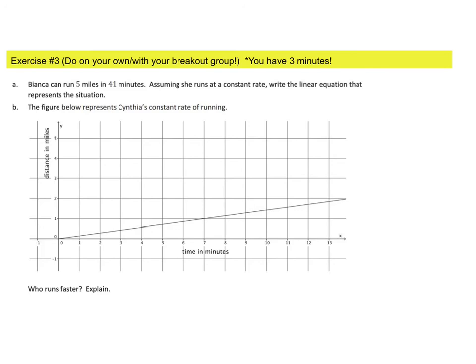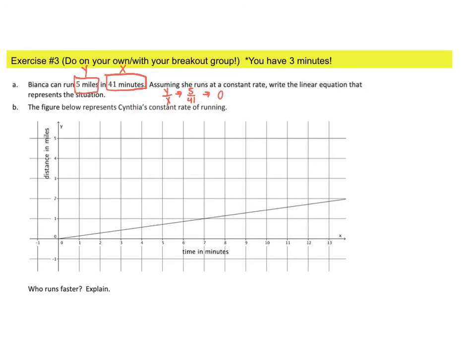All right, the first thing I needed to do was identify my x and my y. I know that time is always independent, so this is always going to be my x. And then whatever else is left is going to be my y. So here I have y divided by x. It's going to be 5 divided by 41. And if I do that in my calculator, 5 divided by 41